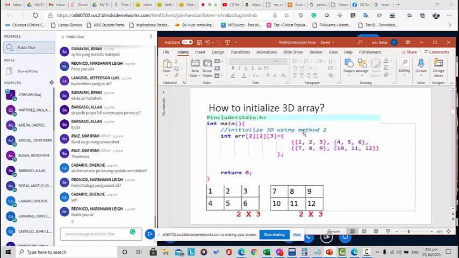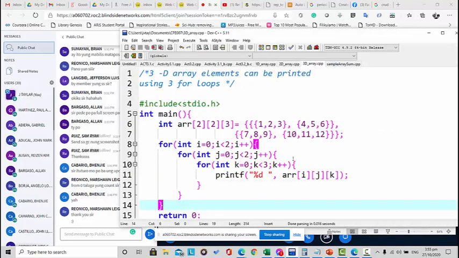Okay? Parehas lang siya kanina, but this one is method 2. Method 2 has many brackets, but you can see the difference between the two, that there are two arrays. So you can see here I have a program. This is the program for the 3D array. As you can see from here,